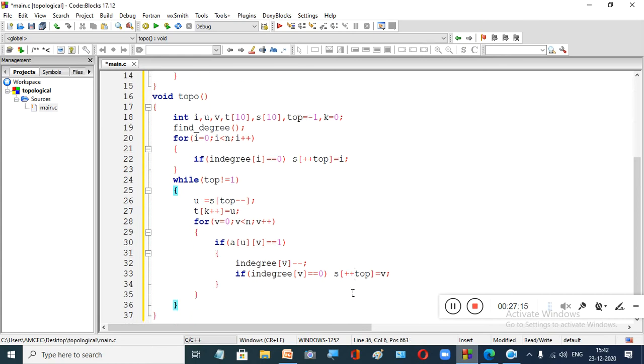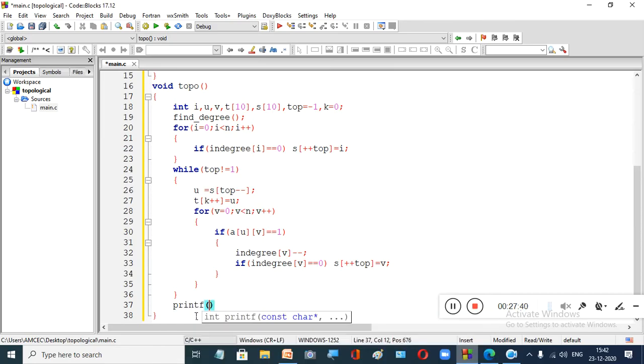This is our entire process. Once this entire stack is completed, or there is no element left in your stack, you keep on doing it. Once your stack becomes empty, you have popped all the vertices. That means you got the solution. Now where is your solution? That is the topological ordering. It is present in this array T. Now you have to print that solution.